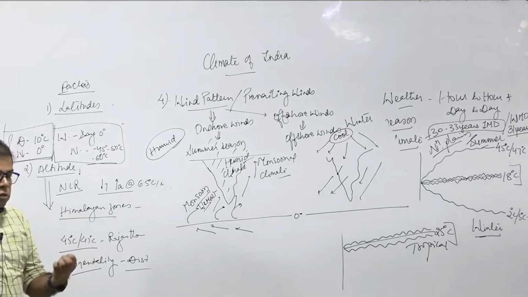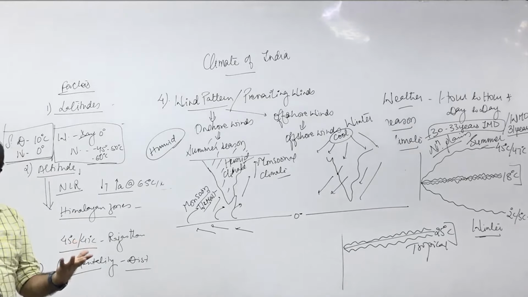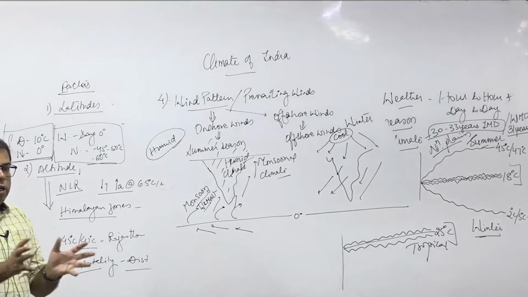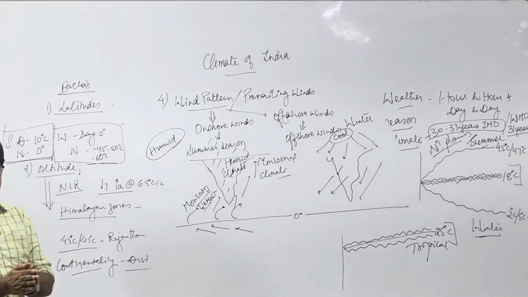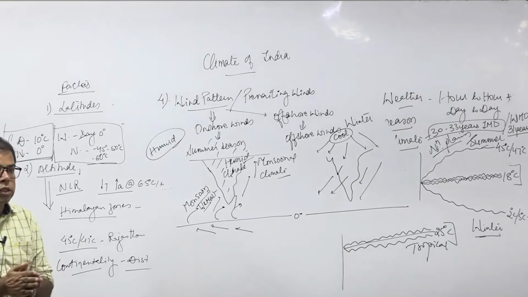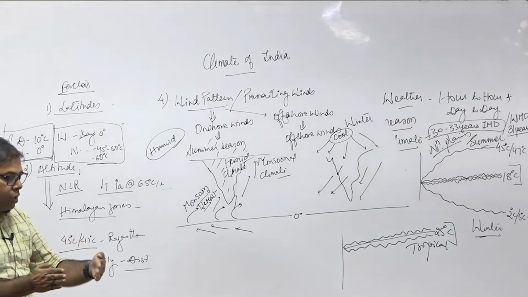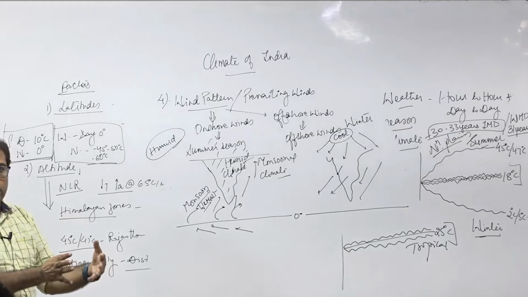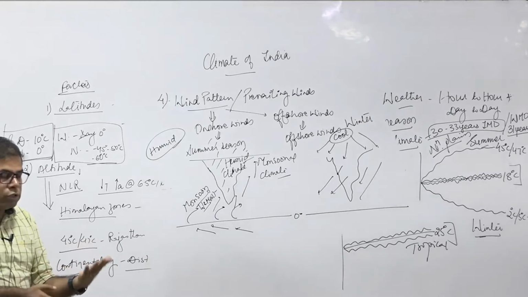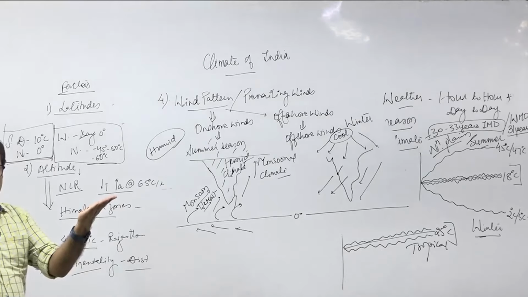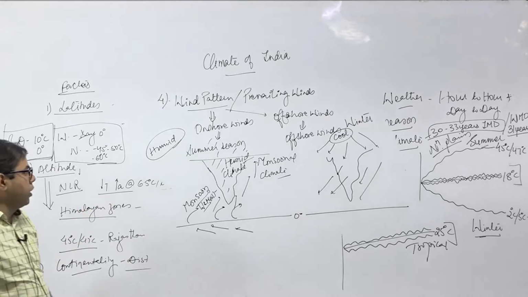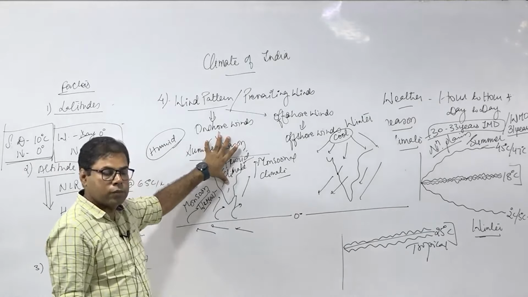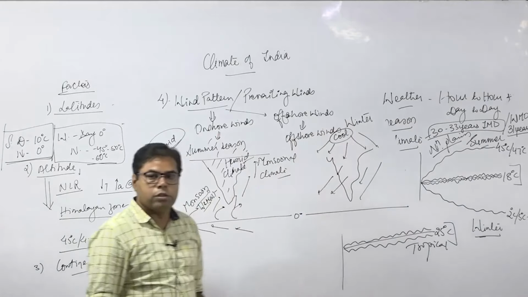So the variation is because of more of the heating of the surface, right. But there also, this southern part of India, south of Tropic of Cancer, the whole area has been heated throughout the year, but variation of heating is relatively lesser, right. In northern part of India, the rate of heating is higher for a certain time period. So that is why variation is more, and at the same rate it is cooled. Clear हो गया, right. So there has been the variation of the climate. So the climate of India has been called monsoonal climate. Then it also will have the offshore winds.